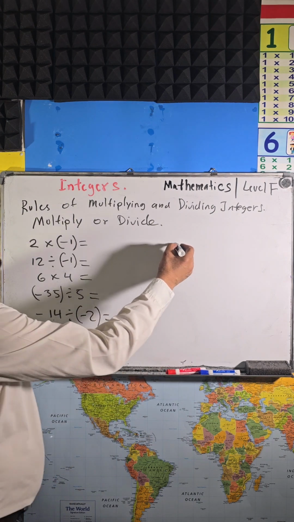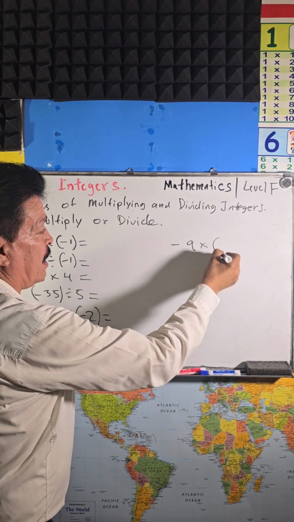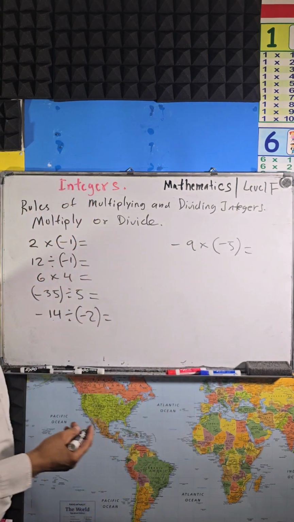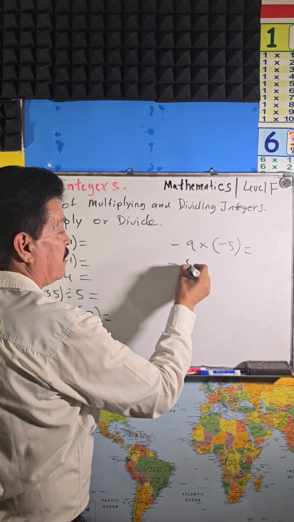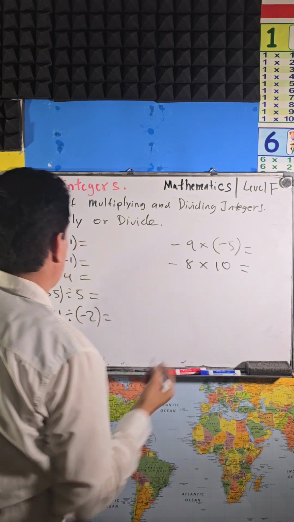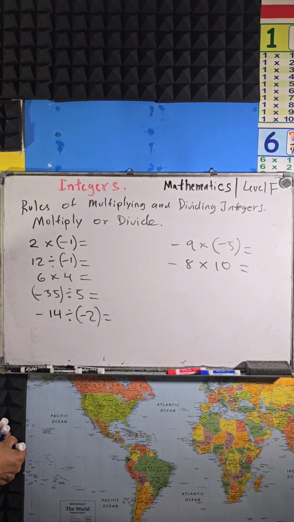Here, let me write one more here. Negative 9 times, let's write negative 5. And then let's write negative 8 times 10. Okay, I think it is enough. Okay, so here,